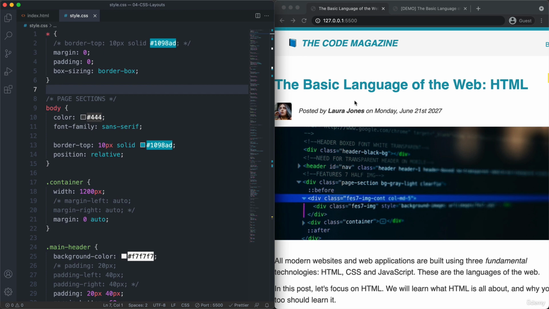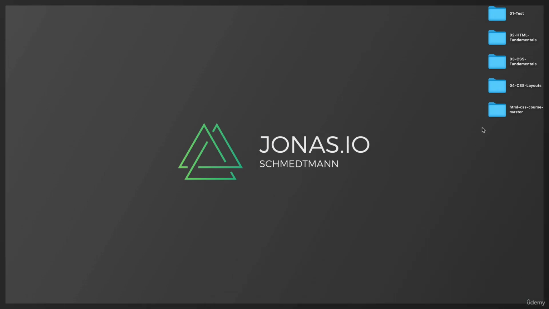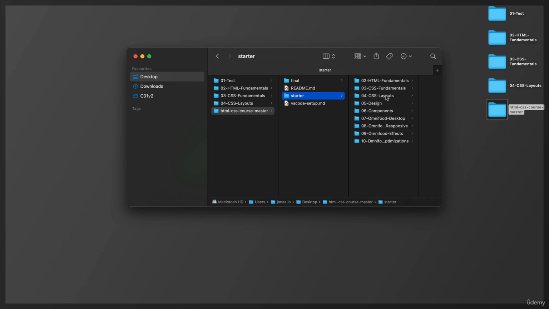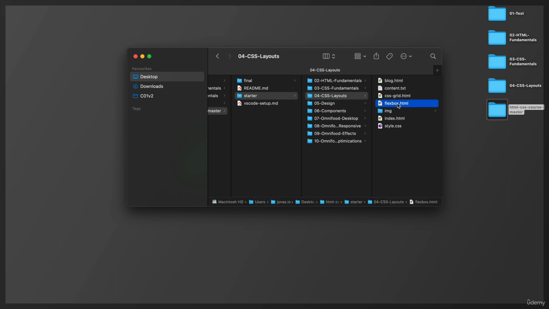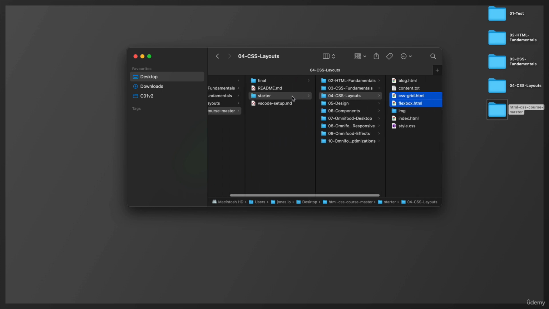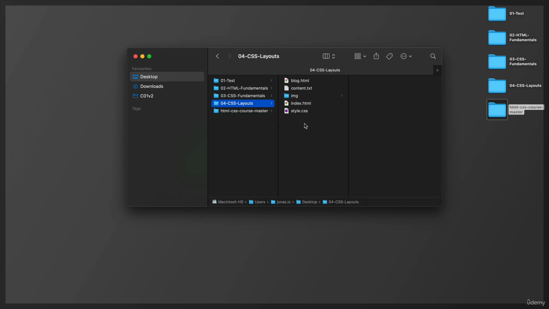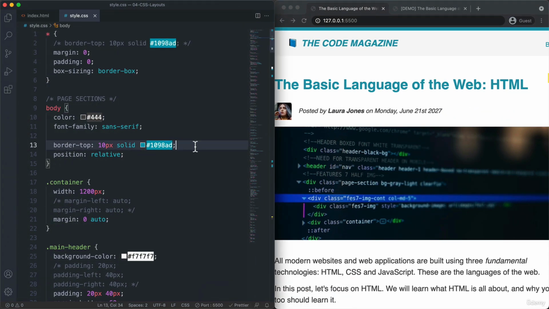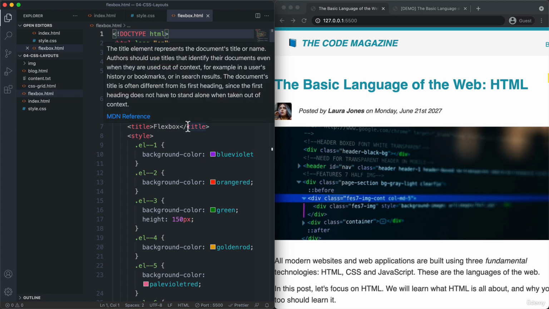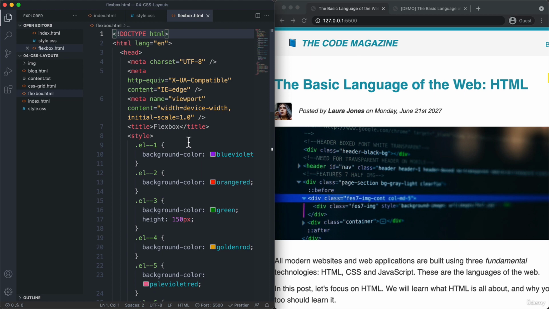So actually you need some files now from the starter files of this section. So let's come here, which remember is this folder that I downloaded from GitHub. And then here in the starter files for this section, so CSS layouts, grab this flexbox.html and the CSS grid.html, and then copy them into the folder that you are currently working in. And so in my case, that is here on the desktop, this one. So let's paste them there and make sure that it really is inside of the folder that you're currently working in VS Code. Otherwise, everything else I show you will not work. And now if we go here to our sidebar, then indeed, here we now have flexbox.html. And so this is kind of a starter file, so we can quickly learn just the very basics of Flexbox